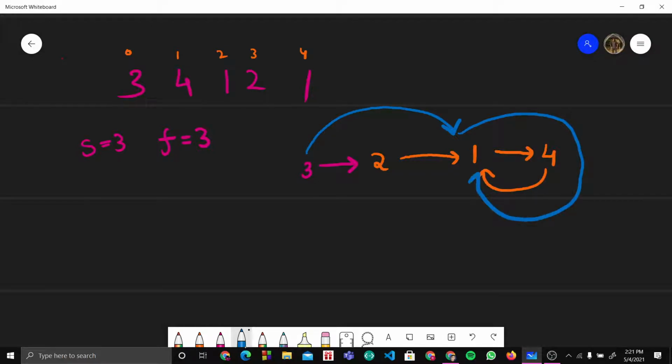So basically it will come over here. Now you can see there is a clash. After this clash we move our f over here and our s over here. Now if I move my f by 1 and my s by 1, and again move f by 1 and s by 1, they will collide at 1. And this one is my answer.